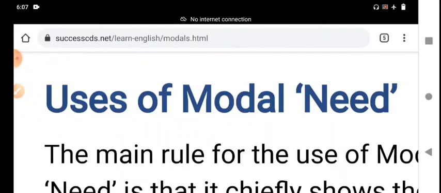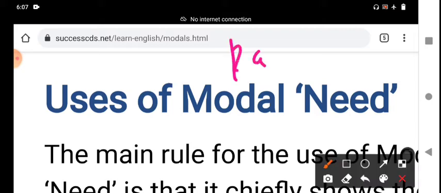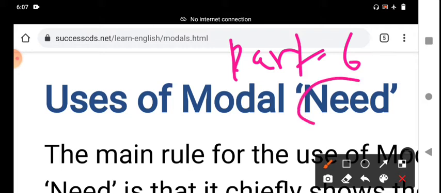In today's class, I will explain to you regarding modal verbs. It is a continuation class. I have completed 5 parts. This is the sixth part, part number 6. In this sixth part, the modal verb we are going to discuss is "need". Before going to teach about the modal verb need,